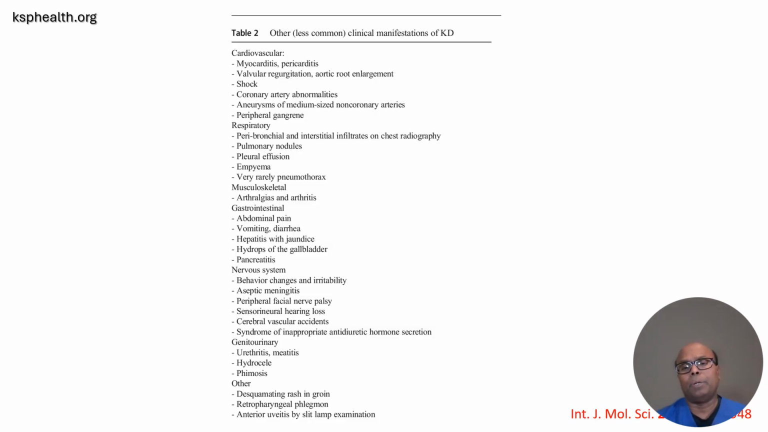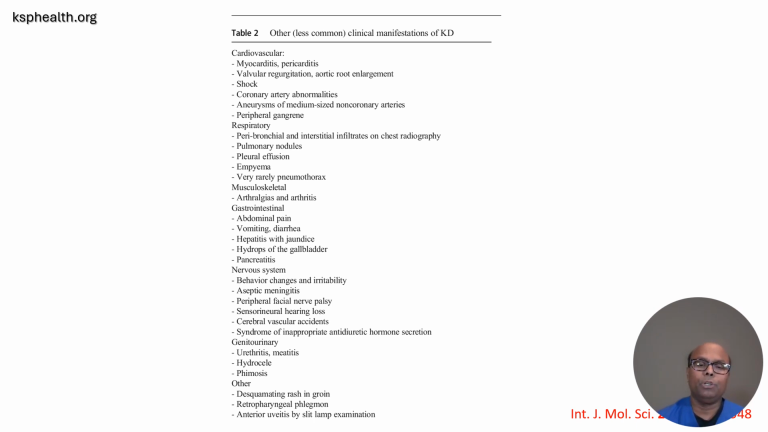This one enumerates other less common clinical manifestations of Kawasaki disease. There are multiple. It can present like myocarditis, pericarditis, valvular regurgitation, shock, coronary artery abnormalities, aneurysm of medium-sized non-coronary arteries, peripheral gangrene, respiratory: pulmonary nodules, pleural effusion, empyema, and very rarely pneumothorax; musculoskeletal: arthralgia and arthritis; gastrointestinal-wise: abdominal pain, vomiting, diarrhea, hepatitis with jaundice, hydrops of the gallbladder, pancreatitis;